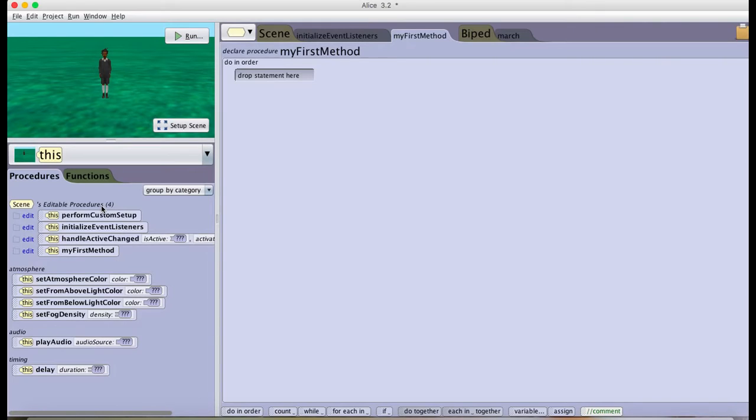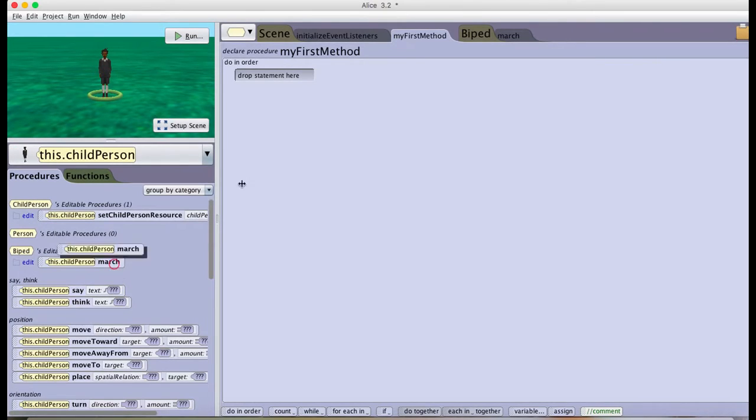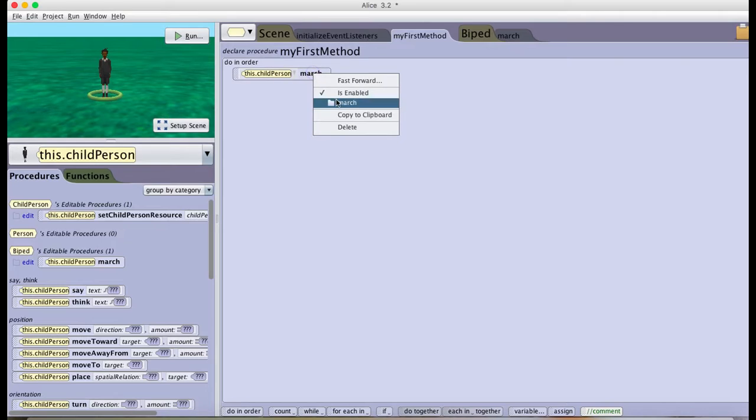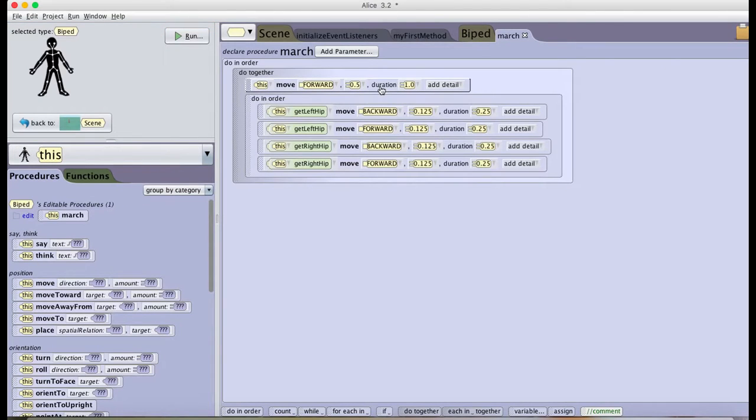The first thing is that if I didn't have it with a parameter, I would just come up here, put march, and then when I run it, it's only going to march however many steps I made it inside here, which in this case I made it only march 0.5 forward. So with a parameter, I can come here